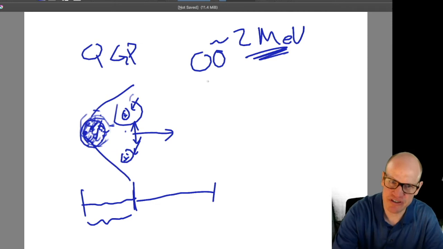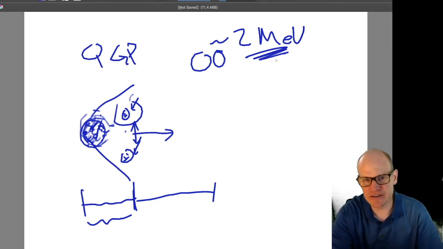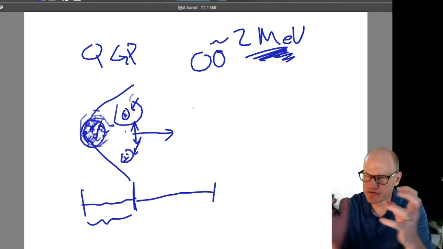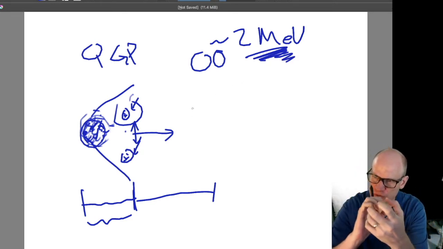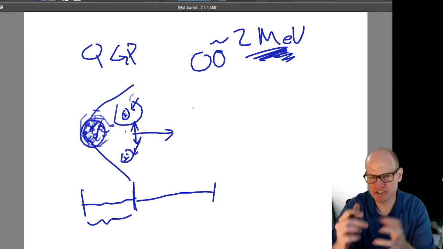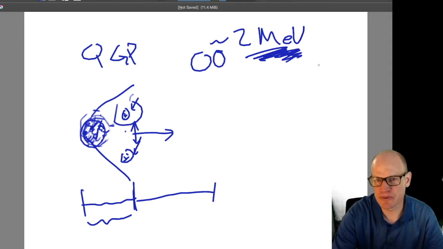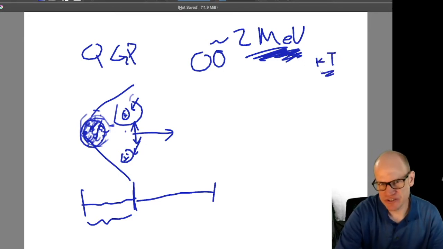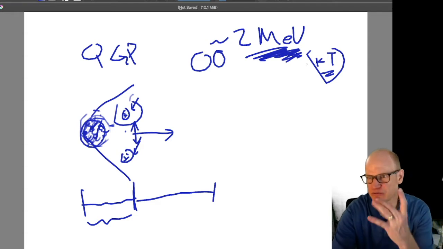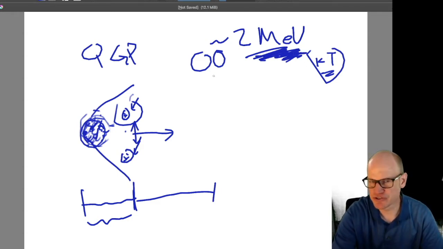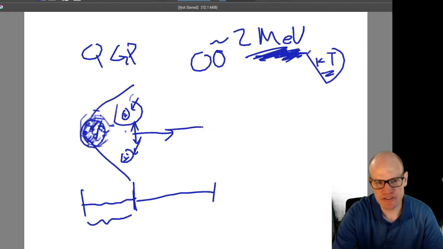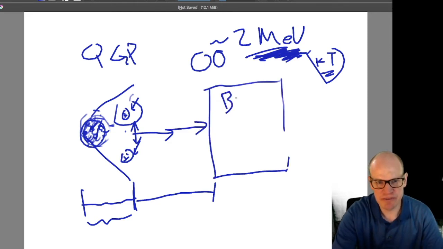If the temperature of the gas, or the energy of these early particles, is higher than this, then every time you try to form a proton and neutron binding together, it will be broken apart by the next collision. So you have to wait until the universe cools below this temperature. Remember that kT has units of energy. So you have to wait until the energy in the random motion is less than the binding energy of the deuteron. That's going to continue to expand until eventually you get this phase called Big Bang Nucleosynthesis.